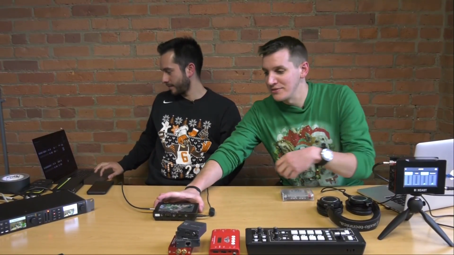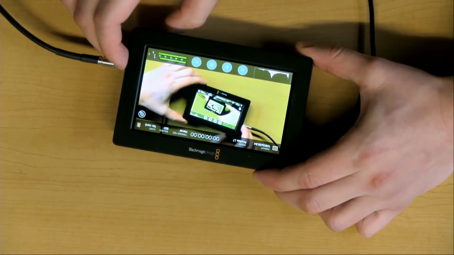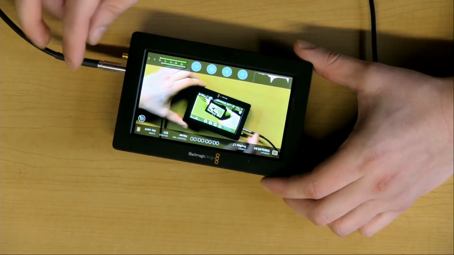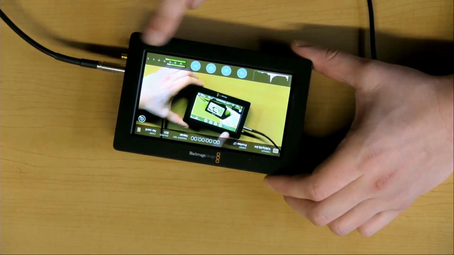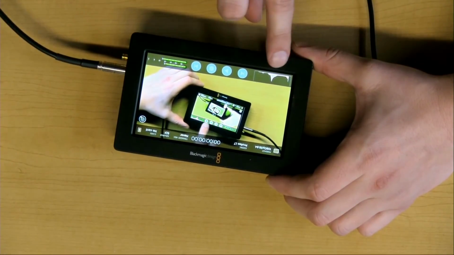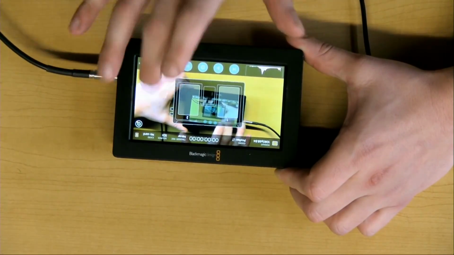Yeah, exactly. So I'll show you a little overhead view of this. This might get a little weird because, oh man, we're going back to Inception. But this is the Blackmagic Video Assist. You can see it's got this nice little touchscreen interface, and you can see the audio meters, the play buttons, and the histogram right here, and it gives you the ability to check out everything going on.